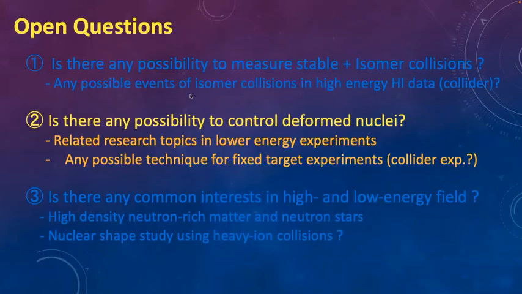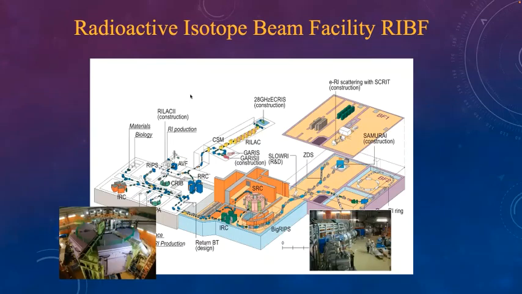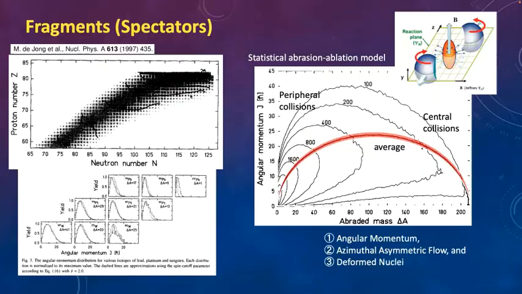Second open question: is there any possibility to control the form of the nuclei? This is related to lower energy heavy ion collisions, for example at these facilities, where we can accelerate uranium up to 345. One of the motivations I want to point out is, for example, fragments. In the high energy physics field, it's the spectator. So if we have a peripheral collision,